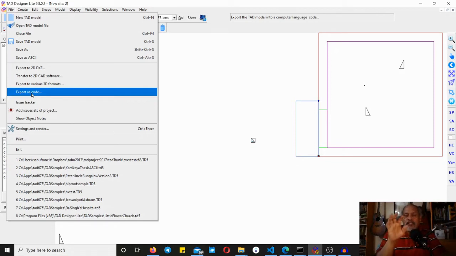What I have done, and this is really for the first time in the world I think, is that the entire TAD model, whatever you have developed, it is now possible to export along with some source code for processing it. I mean, if you know programming, this is a very good advantage. So instead of saying, okay, here is a TAD file and we'll export it to some other file, and you are a software developer, you pick up that file and then process it and so on and so forth.